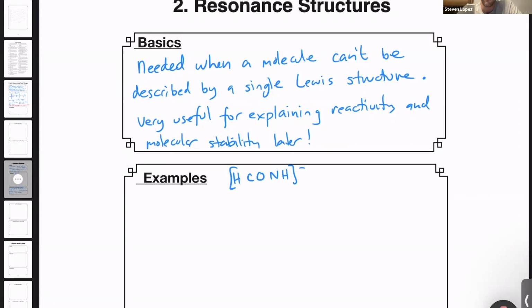From this molecular formula, the first step is to draw a Lewis structure based on what you've learned in class and in the last video. So I'm going to go ahead and skip through that part, but I strongly encourage you to pause the video here to make sure you can draw the Lewis structure correctly. This is one Lewis structure that represents the electronic structure of the molecule. The electronic structure means where these electrons are in the molecule.